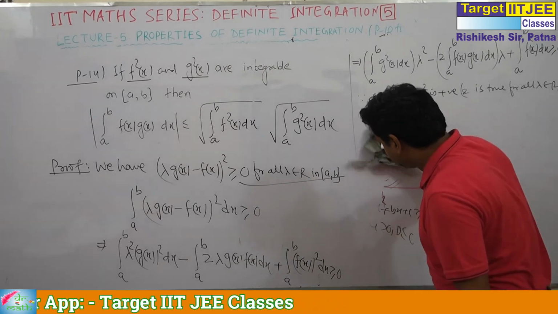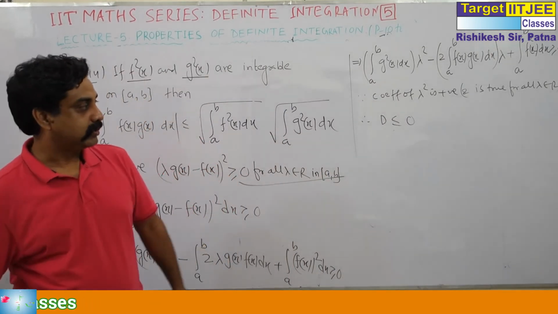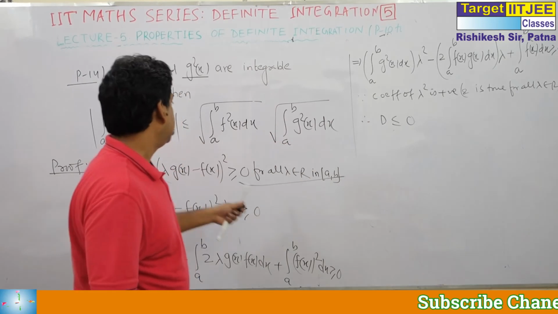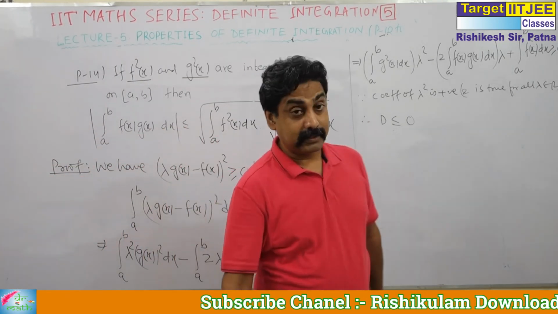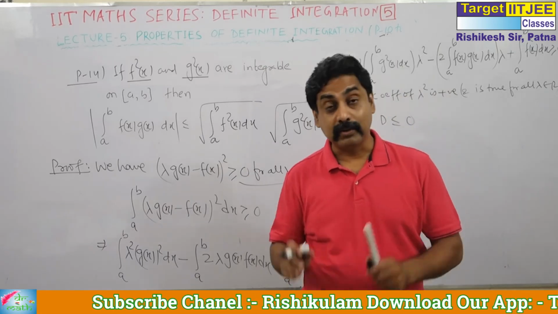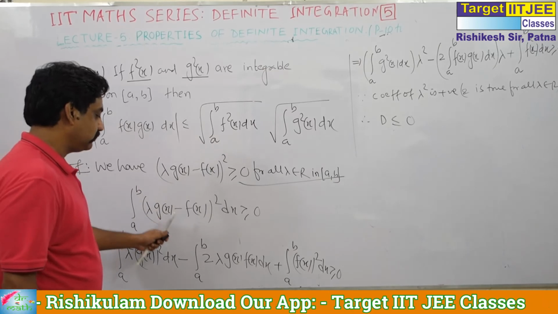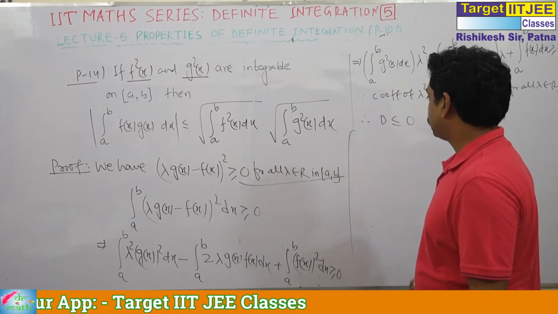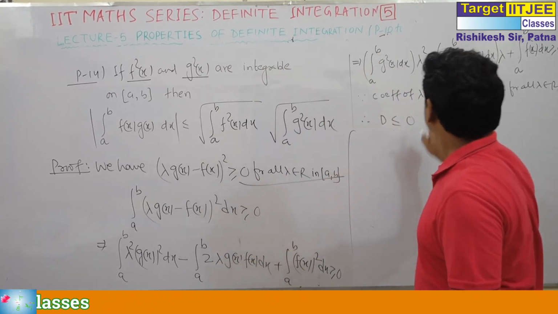And actually, this is the main point. What I want is that you should know this point. Now, this is the conclusion of D less than or equal to 0. Actually, sometimes I do not remember the result, do not recall the result. Whenever I face a problem, I just do these steps. Now D less than or equal to 0. So from D less than or equal to 0, you get what?